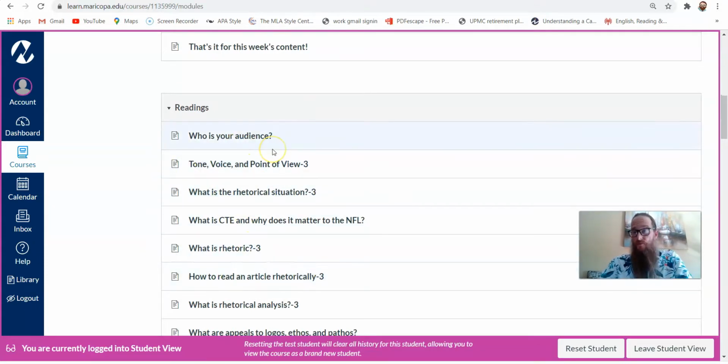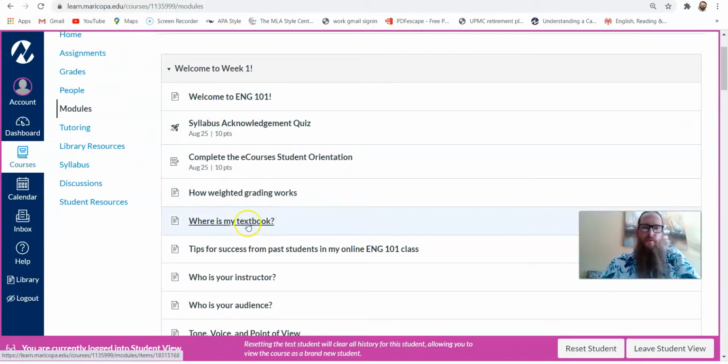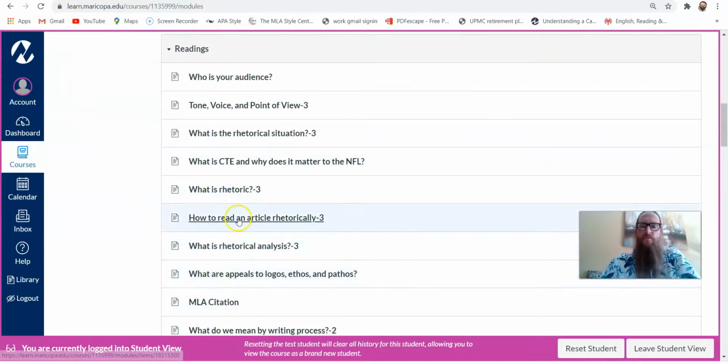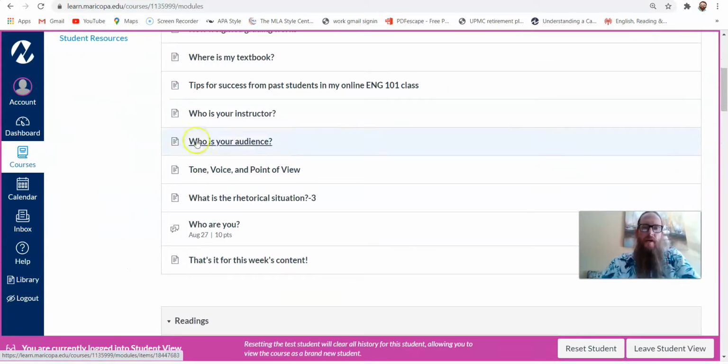The textbook, there's no textbook for you to buy. I use what's called open educational resources. There's more about that on this page that I'll let you look at independently. This is all the readings for the entire semester. You don't need to go through them here because